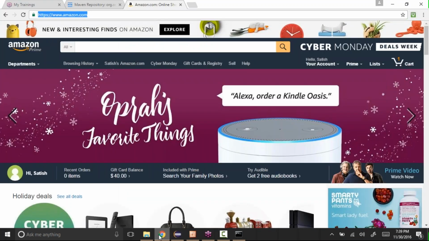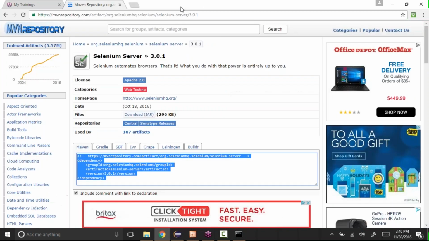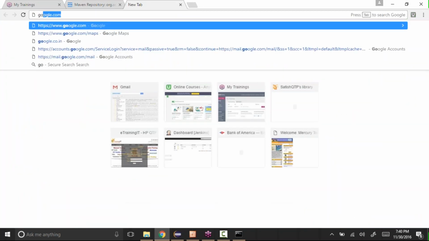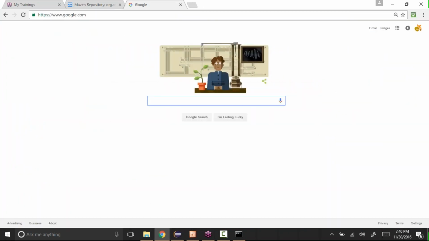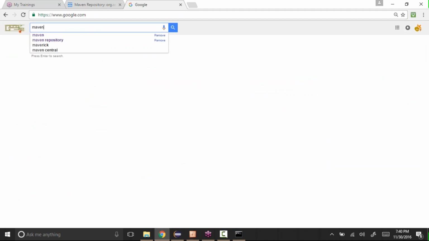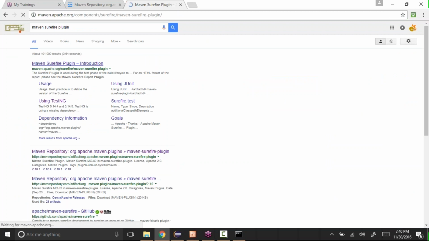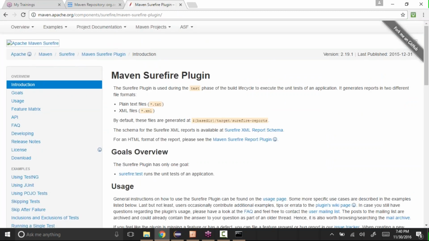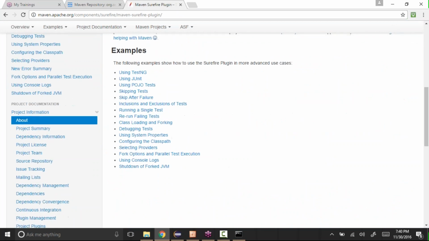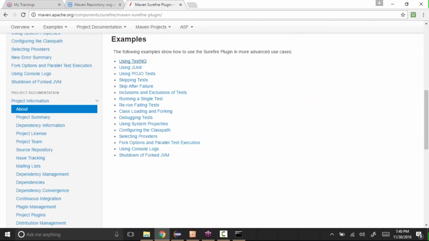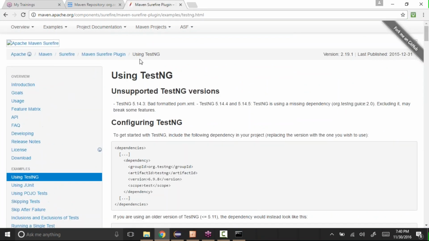So let's get that plugin. See, let me come here and say Google, Maven Surefire plugin. Okay, and I can come here, see, and let me copy that part of code. See, and we are using TestNG, so using TestNG.